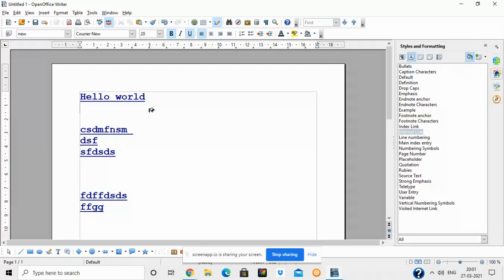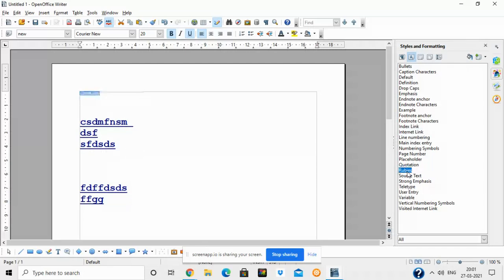I'll show you again. I'll just press escape to remove it. So if you want to switch off the fill format mode, you have to press the escape key. Now I'll show you again what fill format mode is. Suppose I select this paragraph or any text, I'll take any of the styles, either paragraph style or character style.